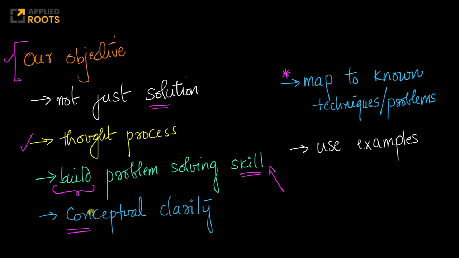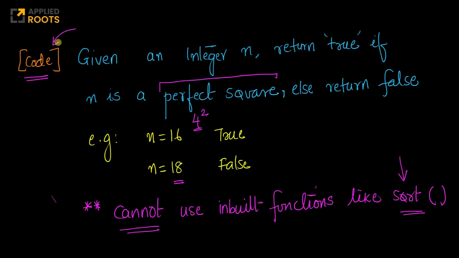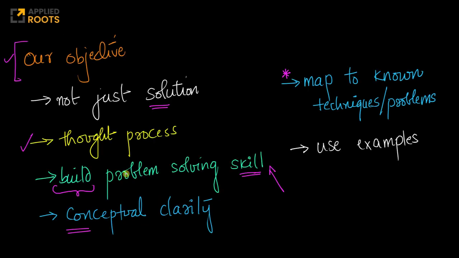So an interview question like this is trying to see if you know coding, if you have core conceptual clarity of basic mathematics, which is very fundamental to most of machine learning and data science. And equally importantly, can you work out a solution? When you're trying to think of a solution, try to map this problem to techniques that you already know, or to other sorts of problems that you might have already solved in data science, machine learning, in general mathematics, right? Again, while designing the solution, please use simple examples like n equals 16 and think about it. Similarly, n equals 18.